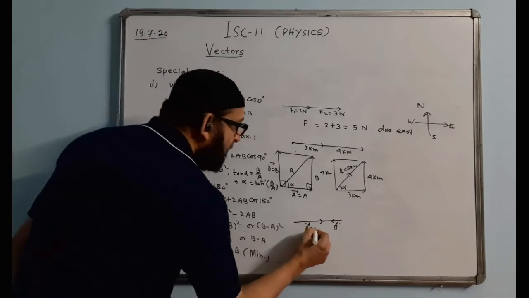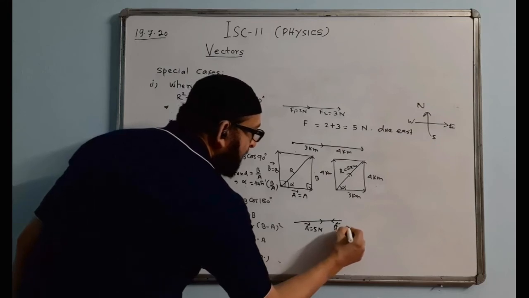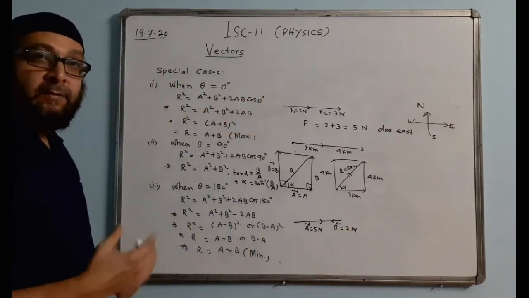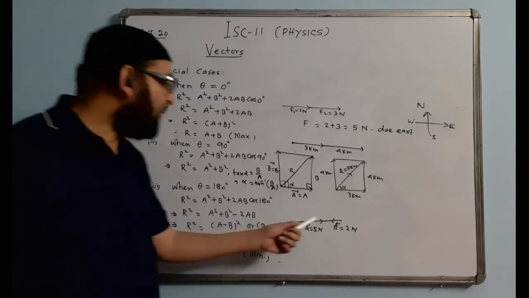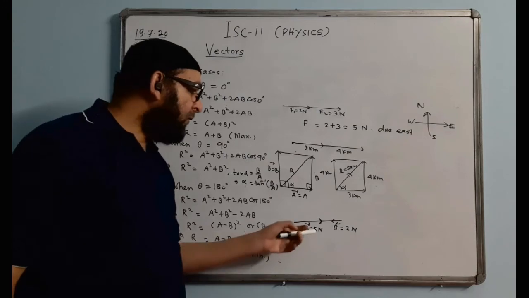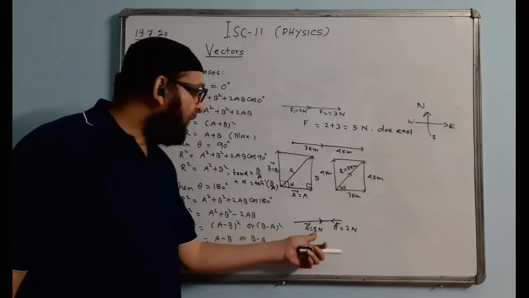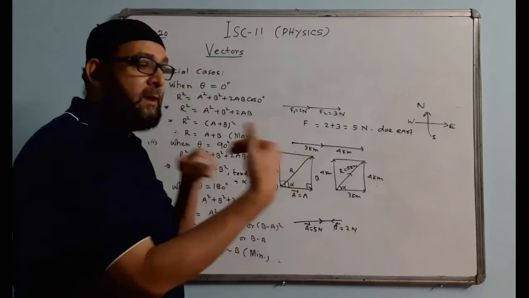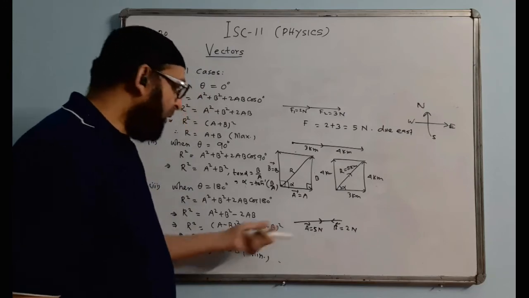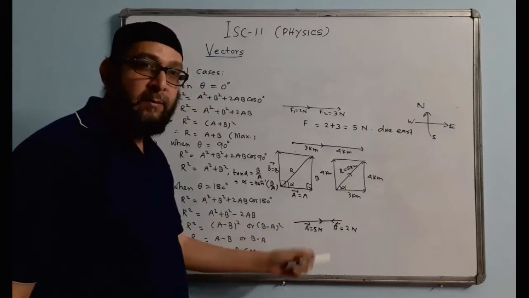Suppose the value of vector A is 5 units, 5 Newton. Vector B is 2 Newton. What is the resultant of these two vectors? Resultant of their addition. Because of the opposite direction, you have to subtract them. What is the value of the net force or the net resultant of these two vectors? 5 minus 2. Because they are in the opposite direction, we have to subtract them. So 5 minus 2 becomes 3. So you can say the resultant of these two vectors is 3 Newton. The unit will remain the same.